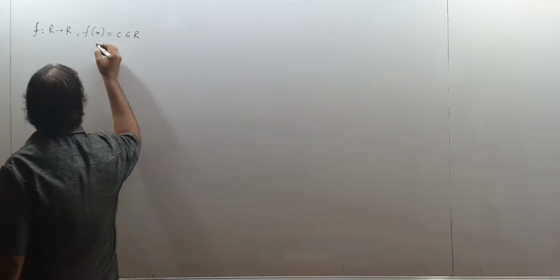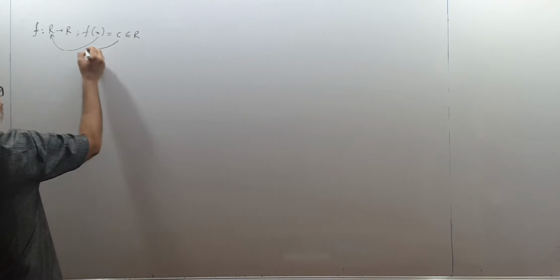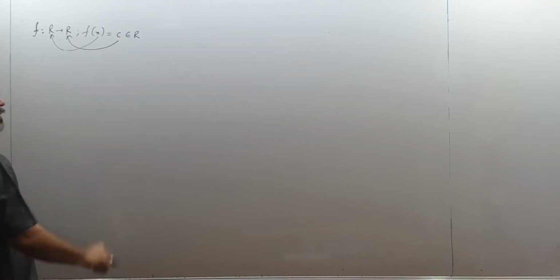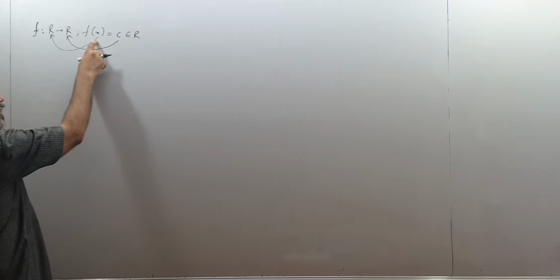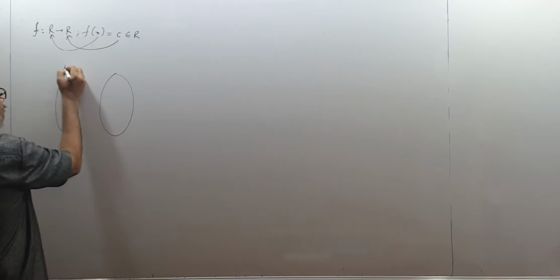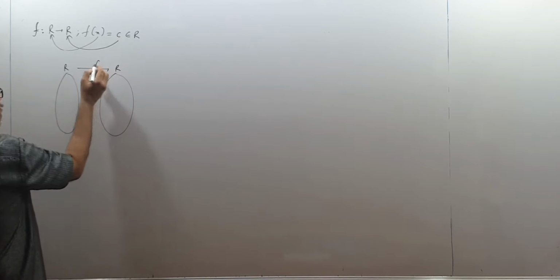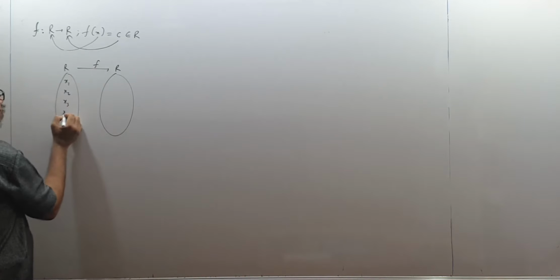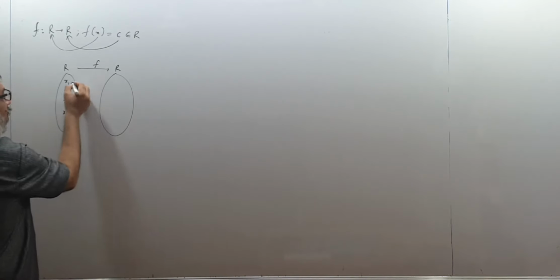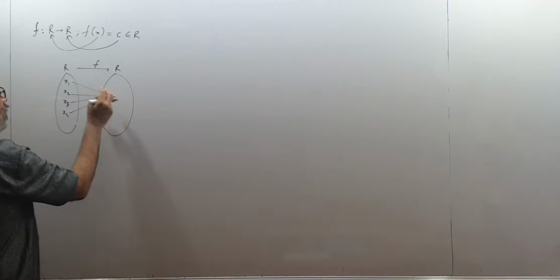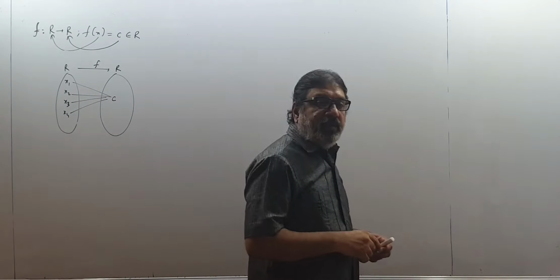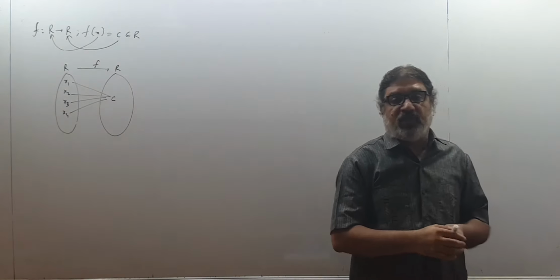The value of the variable x we will get from the domain, and this you will get from the codomain, that you know. Value of the function is got from the codomain, and the value of the variable is got from the domain. So whatever value of the variable I take from the domain, I take x1, x2, x3, x4, say I take 1, 2, 3, 4, 5, 6, 7, 8, 0, minus 1, minus 2, all will be corresponding to which number? C number only, because f(x) is always C. So therefore the value of the function remains constant, and therefore it is called a constant function.